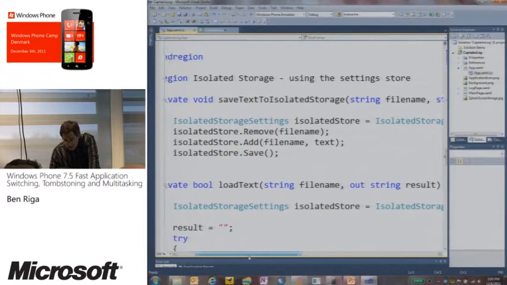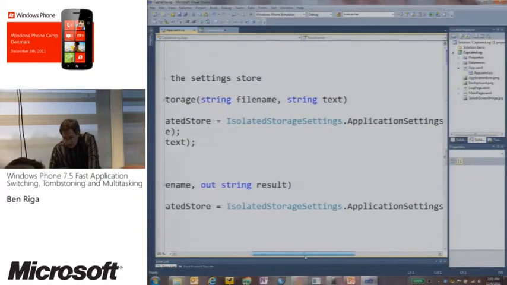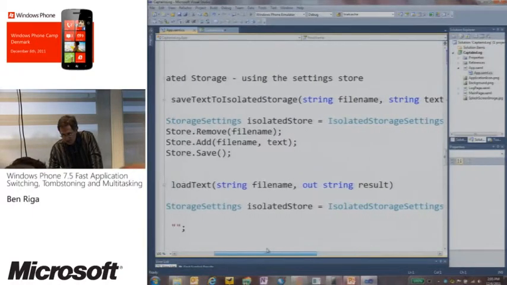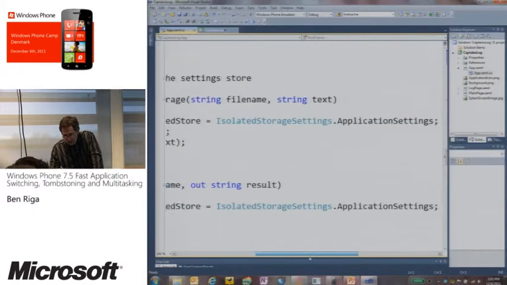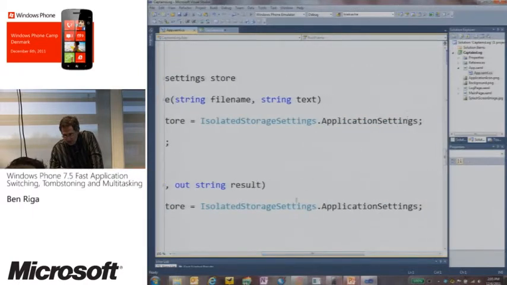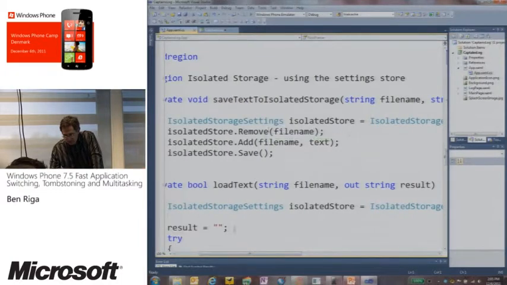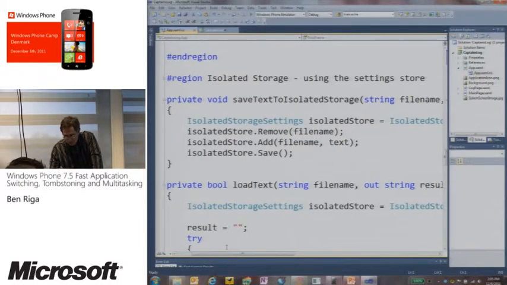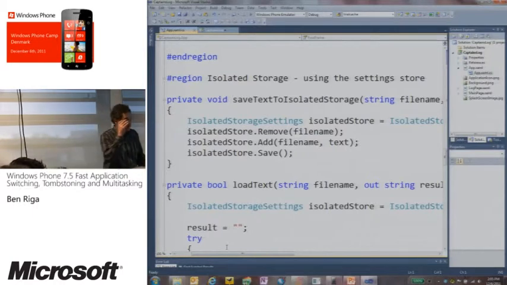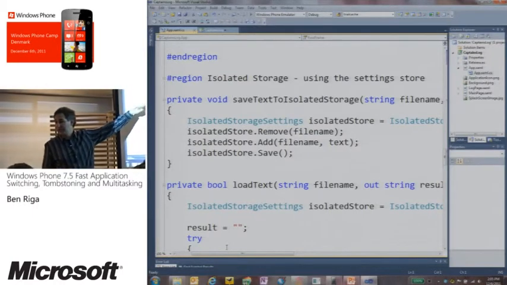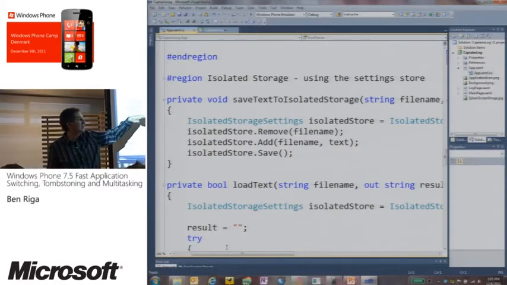actual code that saves text to isolated store. Right? It's kind of hard to read here because it's a huge font. But basically, you new up an isolated storage settings object. In this case, we remove it basically to clean it out. So you always start with a blank, and then you add it back, and then you hit save, and you're